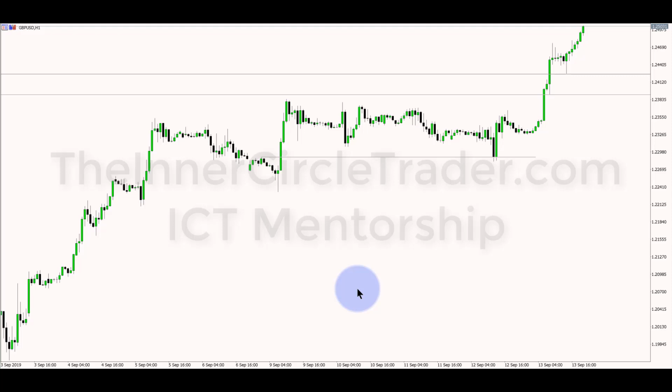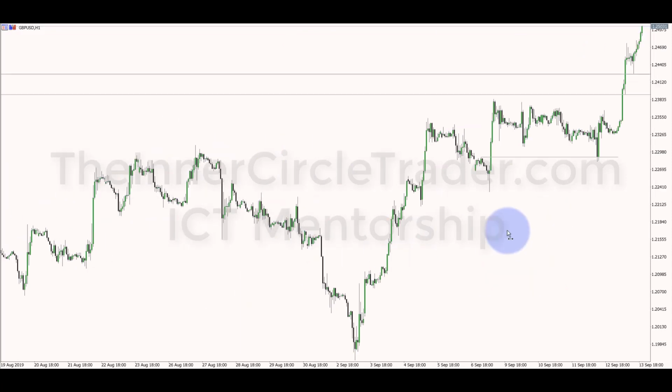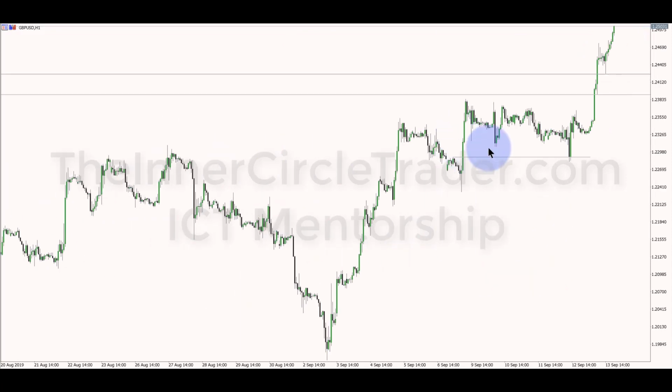I mentioned that we have an imbalance here, and I'll zoom out a little bit. I said that we have an imbalance in here, sell side liquidity pool. We're going to drop down, fill in the inefficiency here, and then slam it up into the 124.25 level. And I said if it hits there, then we could possibly see a little bit of a sell-off, but it could also smash right through it.